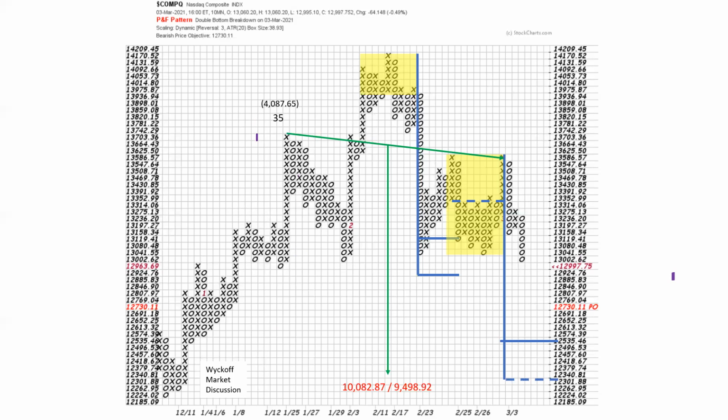Okay, we only have 2.5 minutes left. Here is, look at this count. Look at how it stopped the decline right here. Beautiful count. And then we had another redistribution count, pretty conservative count I took, takes us down 12,535 to 12,301. But look, if we take all the way across from the last point of supply to preliminary supply, 35 columns,